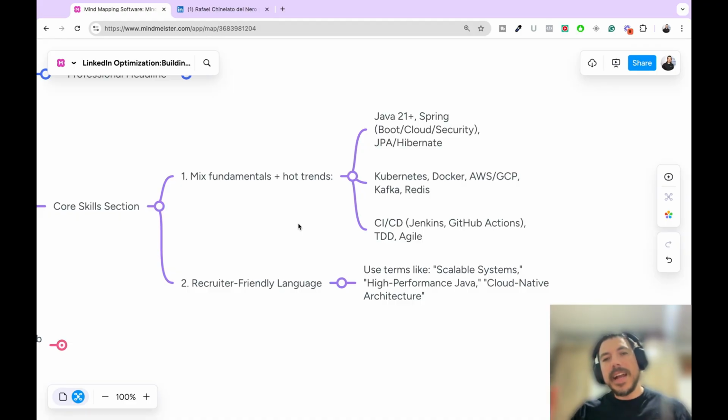So if you are adding skills on a LinkedIn profile, add something specific, something that makes sense in the context of a backend Java engineer, because that's what the market wants. The market wants a software engineer who is able to solve problems, right? And if you know more than one programming language, you can add those programming languages. You don't need to be locked into Java.